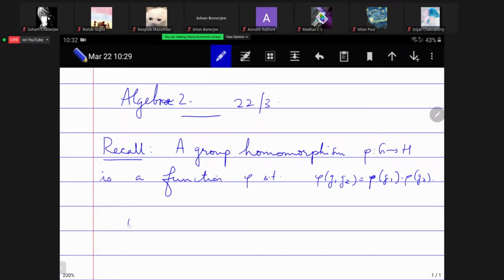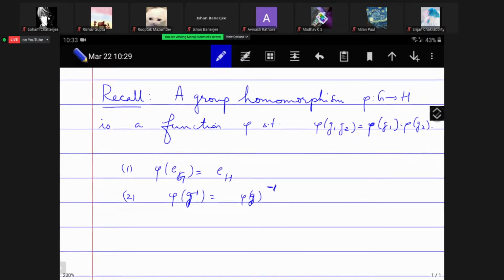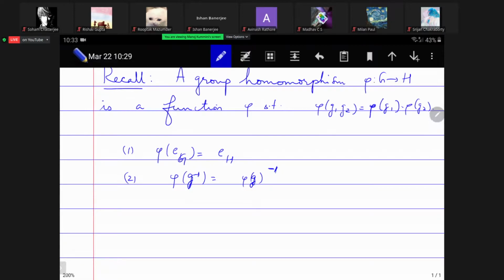And we observed a few things. Phi of the identity element of G is the identity element of H. Phi of g inverse is phi of g inverse. So before we apply the function, the inverse is inside G. After we apply the function, the inverse is inside H. So these are two things. And then we talked about